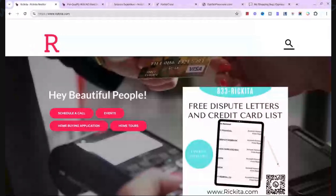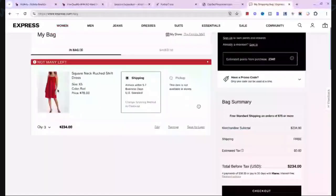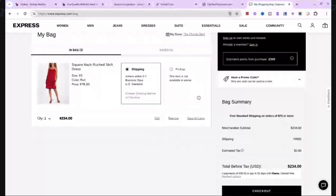Basically what you have to do is you have to go to like Victoria's Secret website, or you have to go to Express website, and you want to put between $250 to $250 of items in your cart. Now once you go and click checkout, continue to say check out as a guest. Don't try to log into anything, just check out as a guest. Once you continue to do that, you want to get a pop-up saying congratulations, you are pre-approved for the Express credit card if you're on Express, or if you're on Victoria's Secret, you're pre-approved for the Victoria's Secret credit